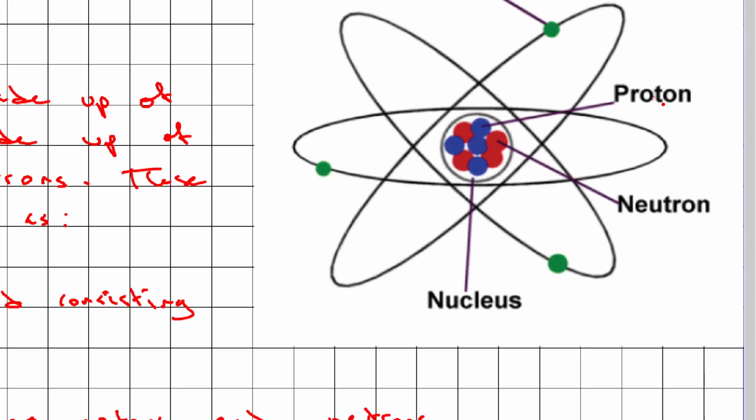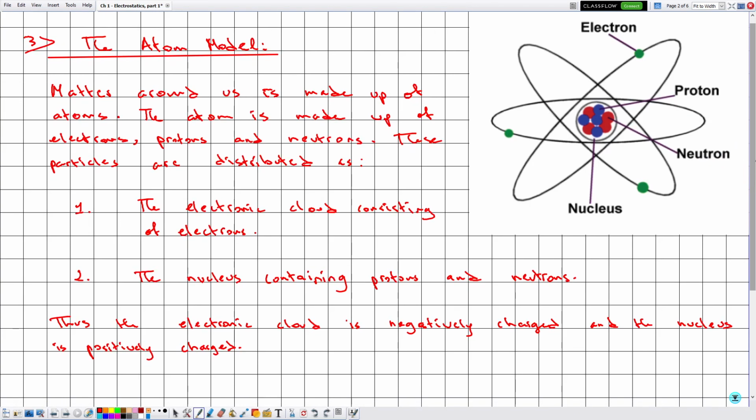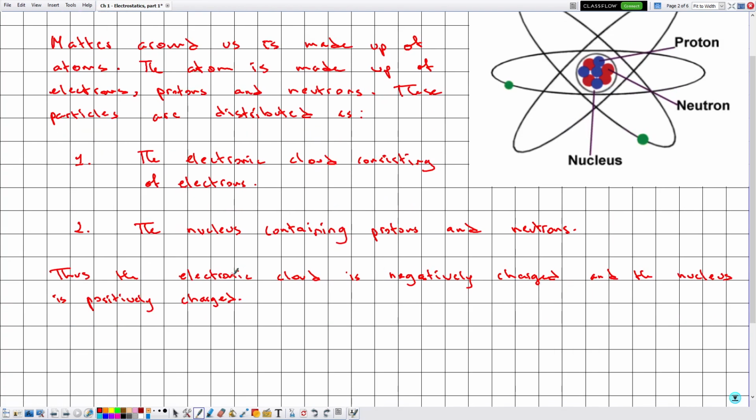Why is it positively charged? Because it consists of protons and neutrons. The protons are positively charged, whereas the neutrons are neutral. In this case, the nucleus cannot be negatively charged, and by that, let's say that in a neutral atom,